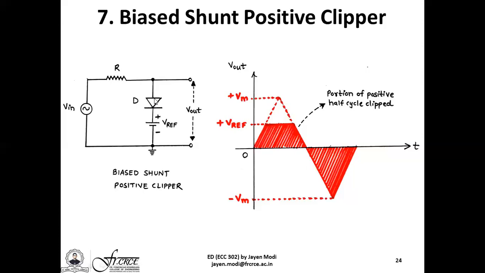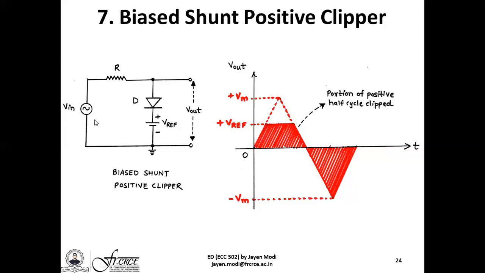Since the diode is effectively working as an open circuit, Vref is nowhere connected to Vout. Keep in mind there's an open connection here. During that time when the diode is off, it is behaving like a typical open circuit. Whatever signal is present at the AC input terminal is directly obtained across the output terminal. So here, for a very small time interval, you are able to see that the AC input signal is obtained across the output terminals as well.